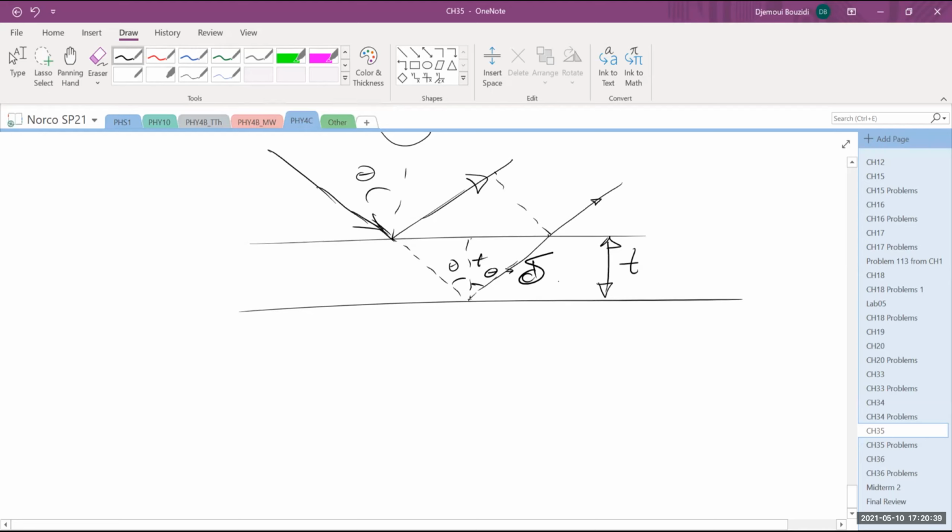Depending on your angle, you're going to see constructive or destructive interference again, depending on where you are, depending if there is a phase shift or not, because if this one comes in here, it might flip, depending on the index of refraction between the top and the bottom. If there is water in here,